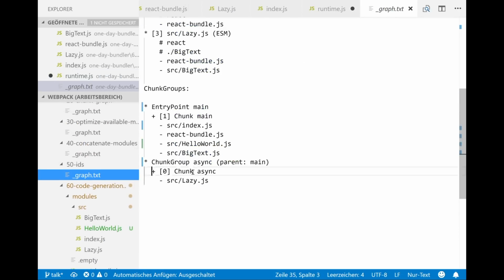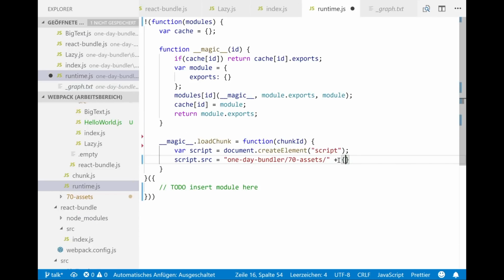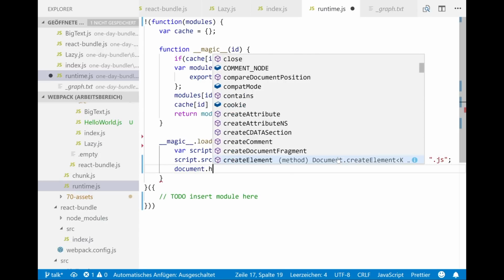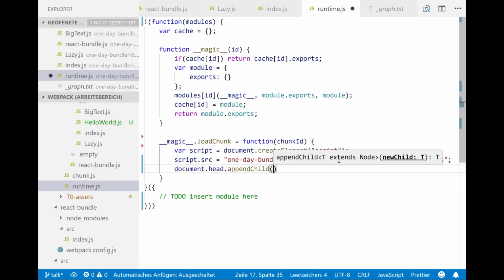So we could load this module, and yeah, we have some kind of mapping: 0 is async, and call this with chunk ID, and prepare JS. Could work. We missed something. document.head.appendChild script. It doesn't work for all browsers, but it should work. Okay, we need to return a promise.